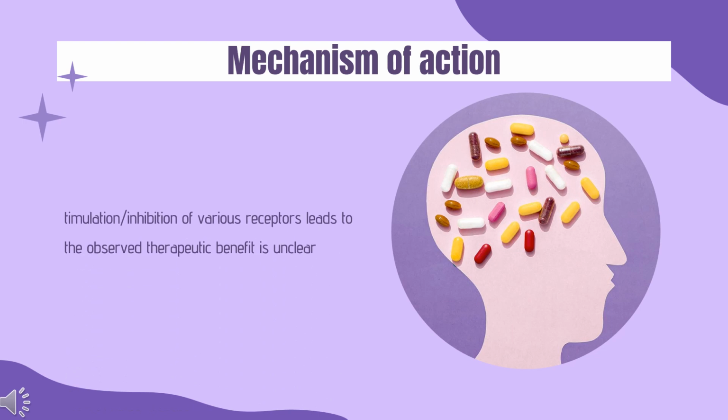Mechanism of action. Although the exact mechanism by which stimulation or inhibition of various receptors leads to the observed therapeutic benefit is unclear, it is hypothesized to be twofold. Stimulation of 5-HT1D and 5-HT2C may result in increased GABAergic neurotransmission, while sigma-1 receptor antagonism may help to modulate responses